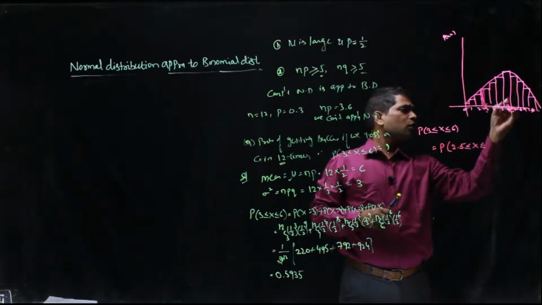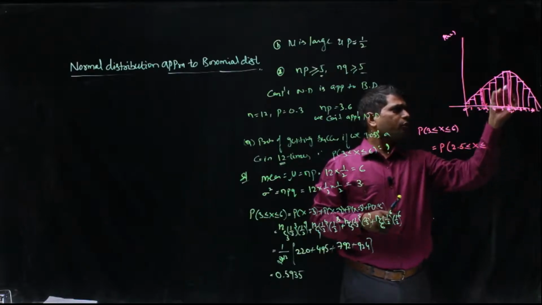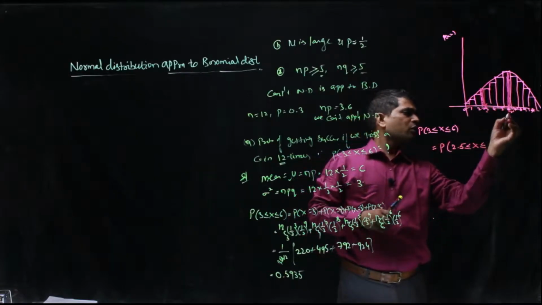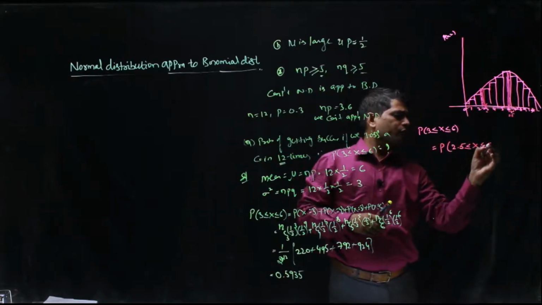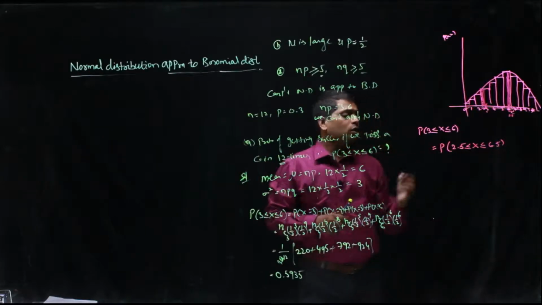So, the remaining part, this half part of the area, is also there. I want to add that half part of the area as well. At that time, what I will take for this half part is 0.5. So I will take 0.5 here. Now, I want to normalize it.